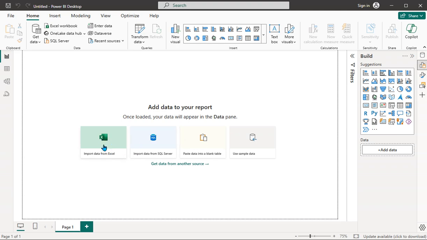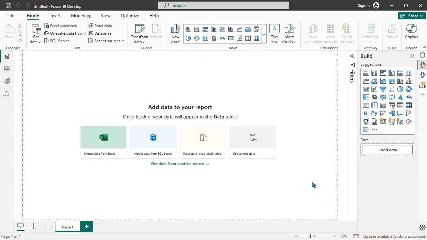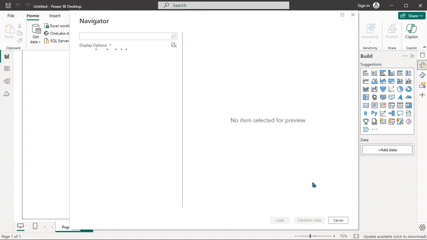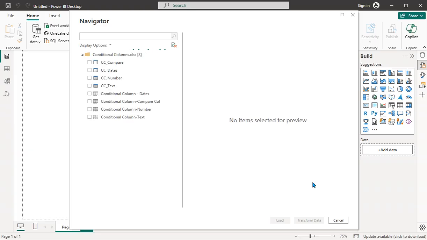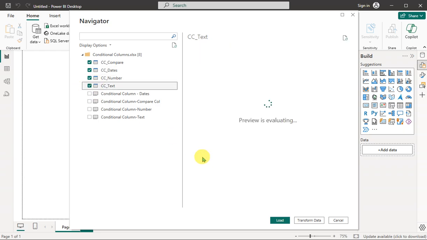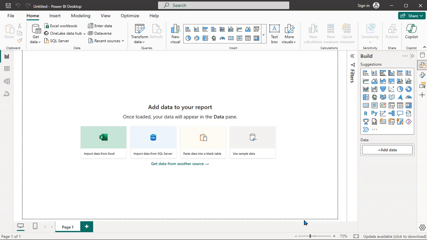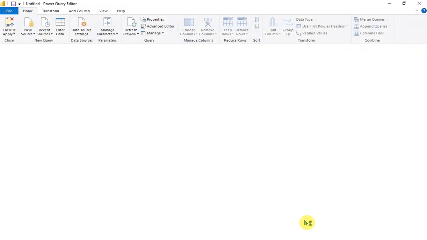Here is my Power BI home window, and I will import the data from Excel since my source data, or whatever kind of data, is available in an Excel spreadsheet. So I will always choose Excel to import the data. See, we have some sheets which are CC compare, CC date, CC number, CC text. Here CC means conditional column, and I will transform. It will take a few seconds to a minute to upload the data,